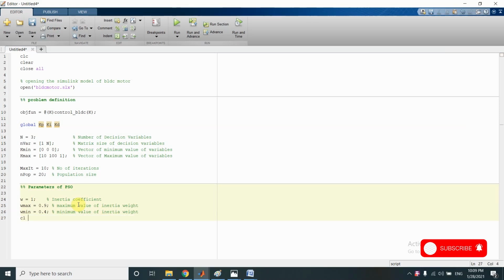Then C1, let us take it as 2.3. This is the personal acceleration coefficient. Then C2, this is also 2.3. This is the social acceleration coefficient.